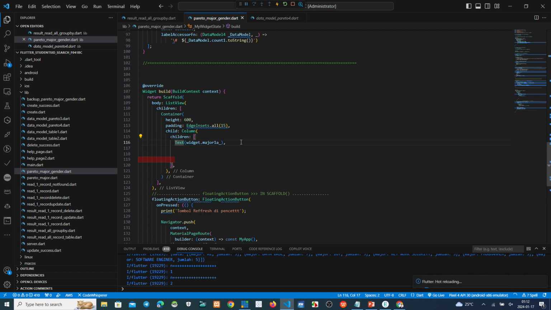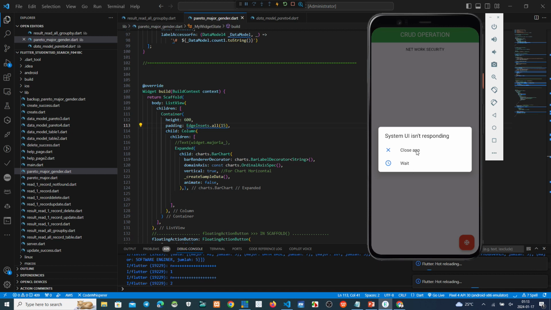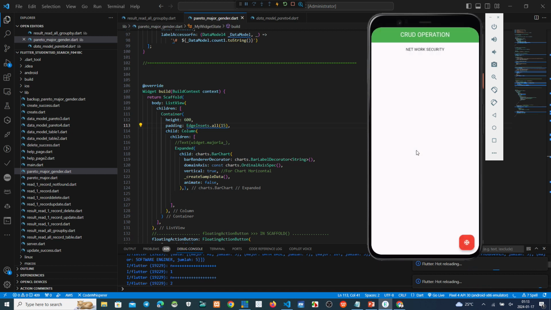We make a remark here because we don't need this one. Okay, where is the red? This one. Make this color expanded here. Okay, we must close here. Now we see the result.